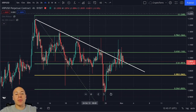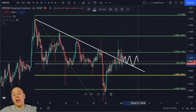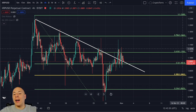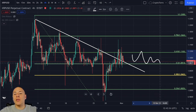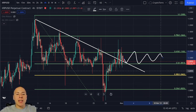But what I think is absolutely important is that we broke out above this descending resistance, and if we are able to hold strong here, accumulate in between the 0.5 and 0.618 at approximately $1.08 and $1.11, it could perhaps mean that after this accumulation we are going to see exponential growth. So that is something that I'm personally very pumped about, and I hope you guys are too. So right now I currently think that we are going to accumulate in between these two areas,